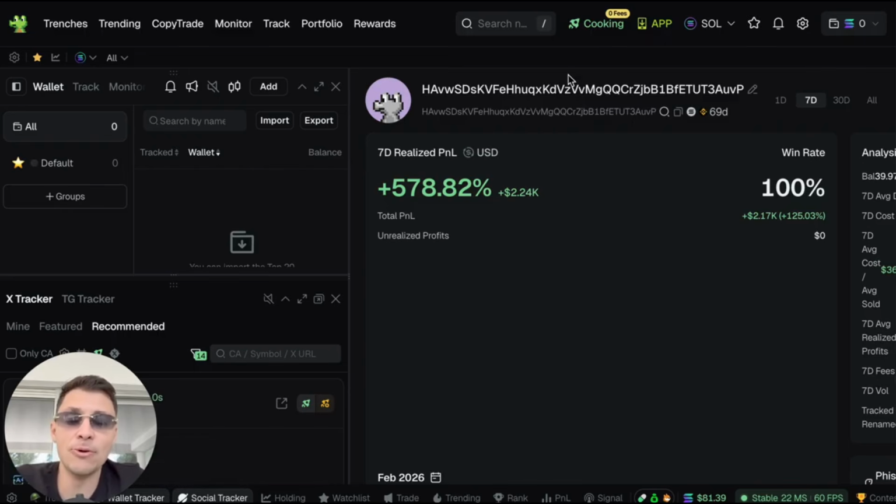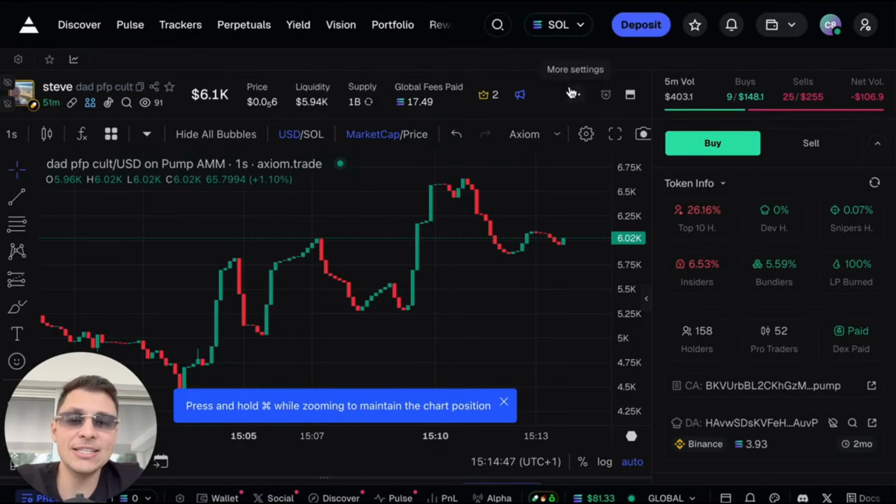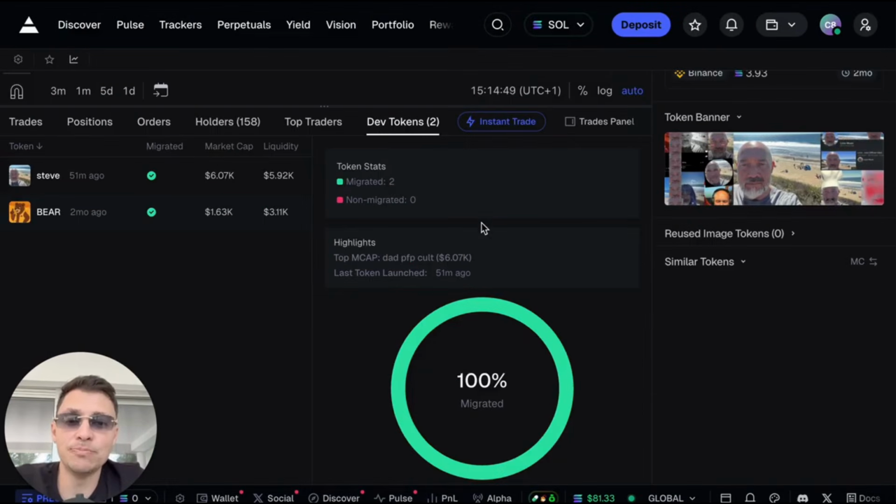Okay, very important. But that is how we look for wallets here, because ultimately we need to find those that are going to make us money in the future. And a lot of these devs, well, I can't tell you 100% if they're starting off or not, but I would assume that many of them are trying to at least build up a good resume, because the ultimate goal for many of these devs and many of these wallets